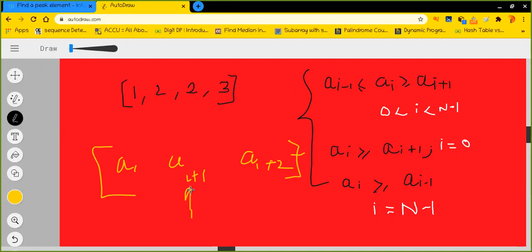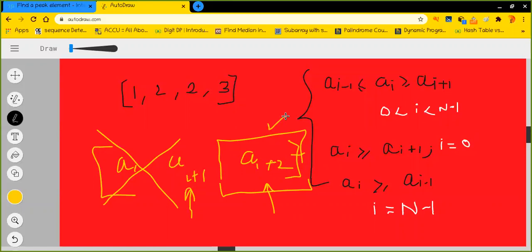Okay, so I'm right here, and I have to decide. I have two choices. Either I can move to the left or I can move to the right. Now let us say I have chosen the right segment to move on. When I have chosen the right segment, I have to discard all its left part. Okay, this is now of no use. I just have to discard this, and I have to concentrate on this particular segment. Right here as well, when I choose an element, I again have two choices, either the left part or the right part. And similarly, I'll go on until I find my peak element, isn't it?